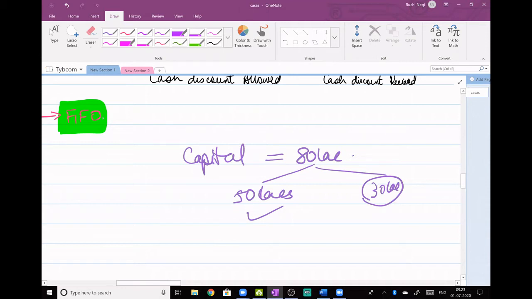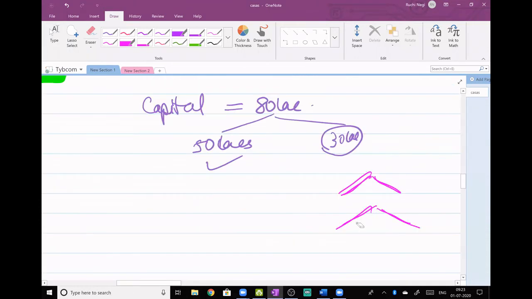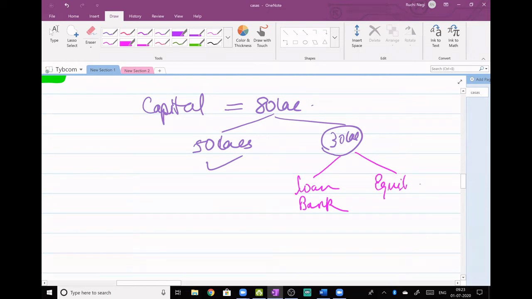I can have 30 lakhs through two ways. The first way you guys have told me. Few students say, "Ma'am, you take a loan." Who will give the loan? Obviously I will take it from the bank. And two students told me shares, equity shares. So both the ways I can have it. Right? Yes, obviously it's right. Both the ways I can have it.